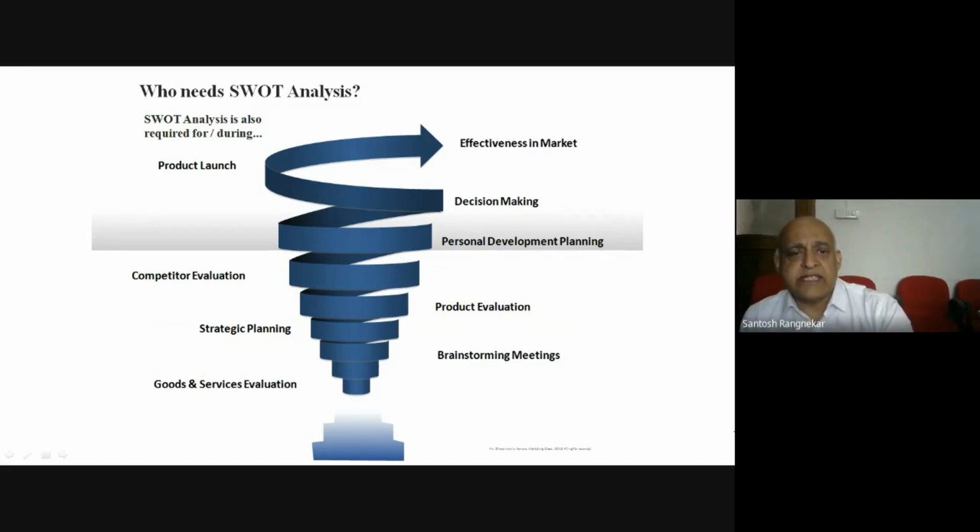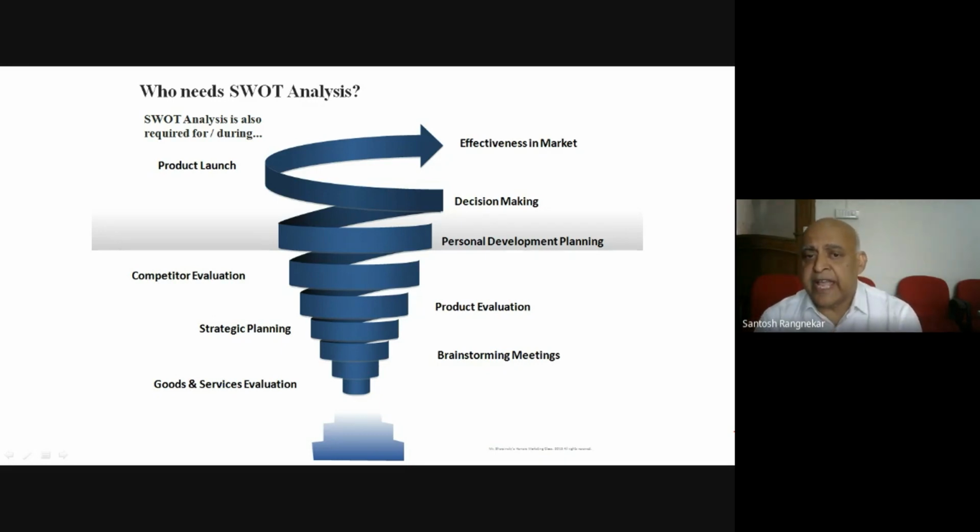So SWOT analysis is also required during the, also required for the product launch. Now you see, many times you introduce new courses, and in that case you have to understand what the competitors are, and what your resources and strengths are. And accordingly you have to then involve your stakeholders in decision making. So the SWOT analysis